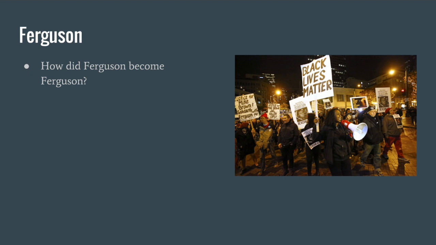And there were a lot of tools to keep African Americans out. So restrictive covenants were one of those things. The Federal Housing Administration was another. The Federal Housing Administration was created during the New Deal to try to make it easier for people to buy houses. It was created in 1934, but they would only guarantee loans for whites. They would not guarantee loans for black people.